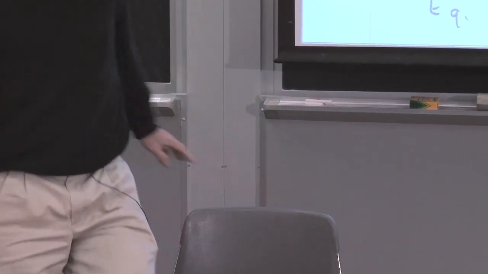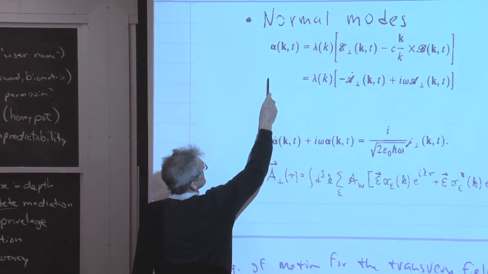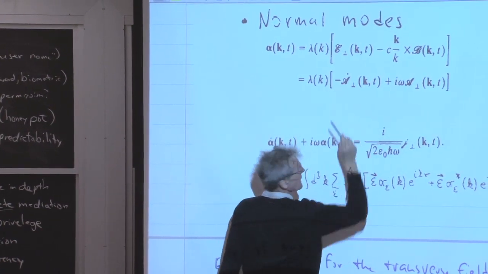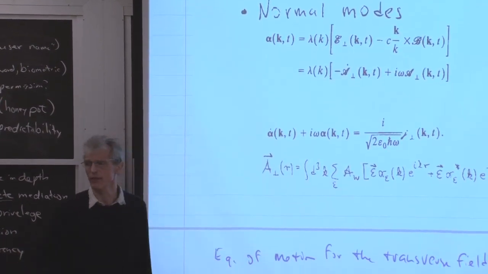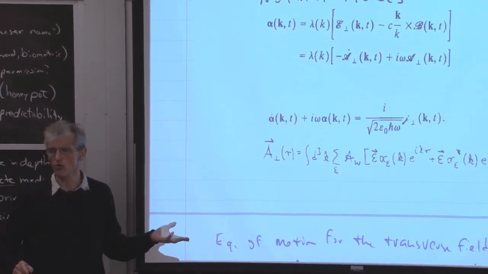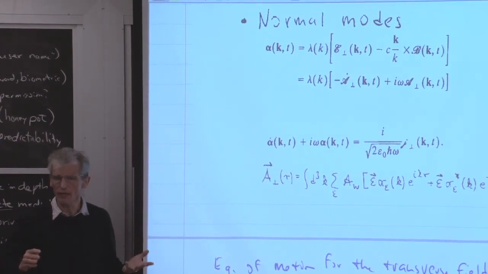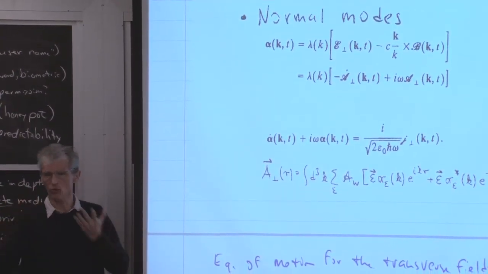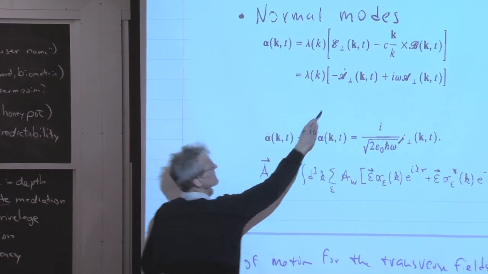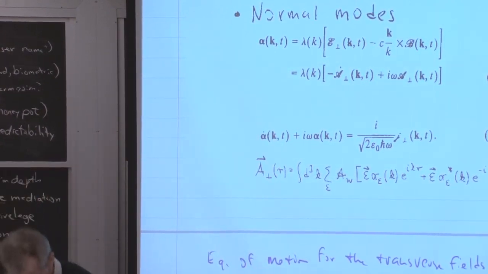But what we are doing right now is, and this is the idea behind the normal modes, coordinates combine A and A dot. It's the same when you have a harmonic oscillator and you want to introduce coordinates for the normal mode. They are a combination of position and momentum. And then they are decoupled. But position and momentum always couple or oscillate back and forth. And the same happens here between A and A dot, and the normal mode coordinates are the linear combination.